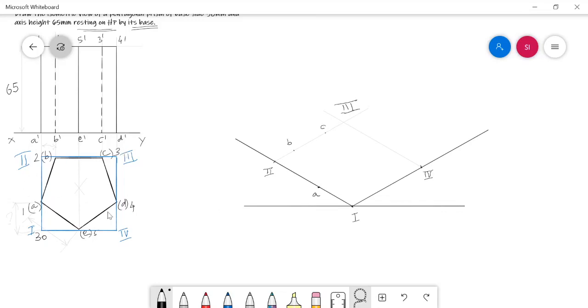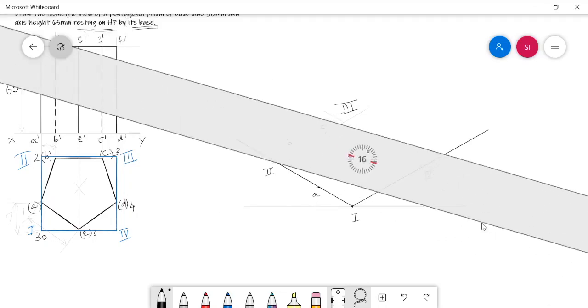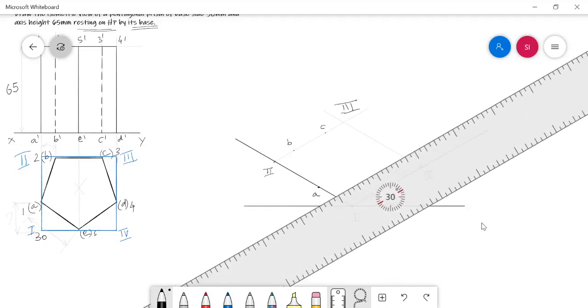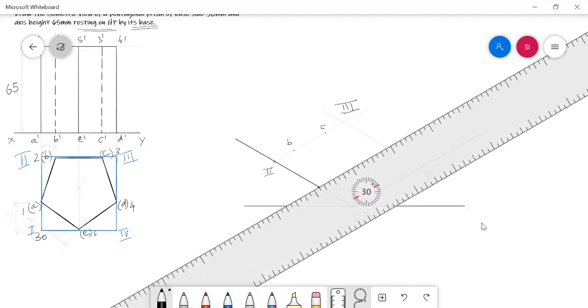In the same way, I can mark the point D from the Roman letter 3 of the box. In case of the regular polygon pentagon, the distance between the 4 and D is equal to the distance between 1 and A. So in order to mark it in the same place, just have your drafter parallel to 1 4, and from the A you can mark the point D in this way.